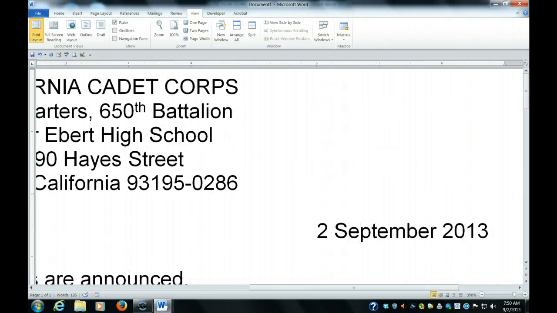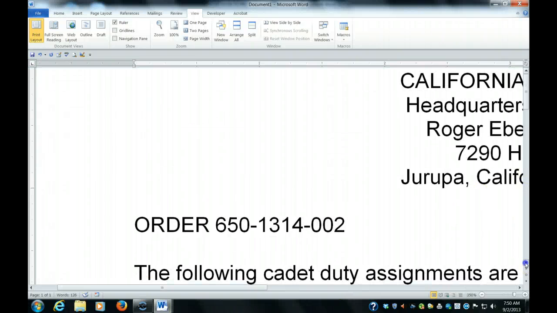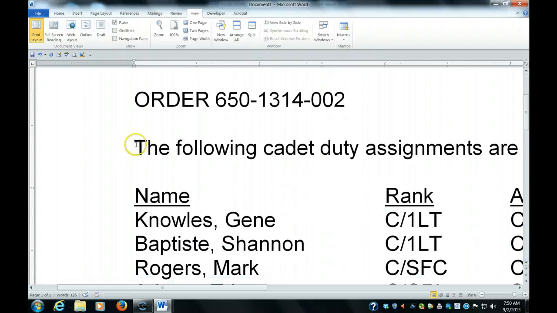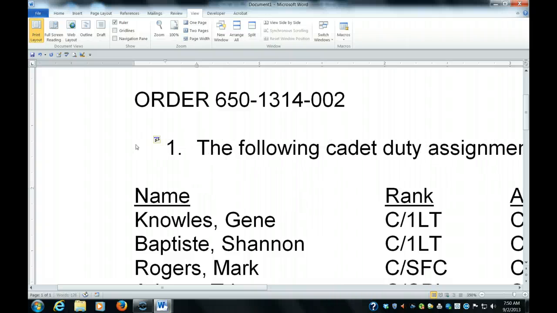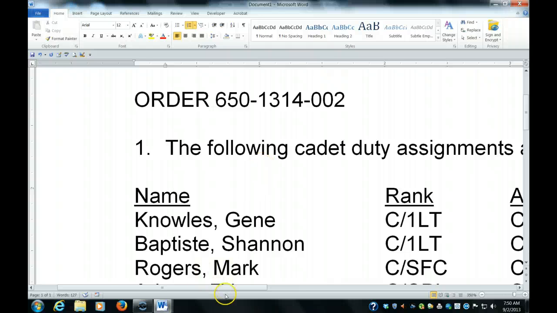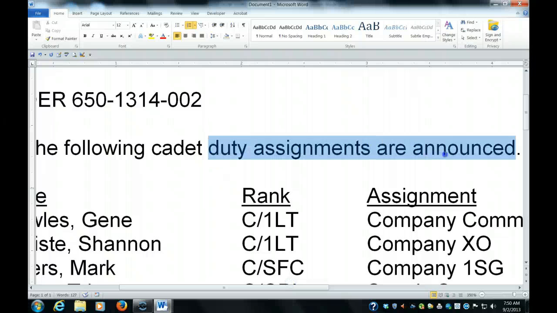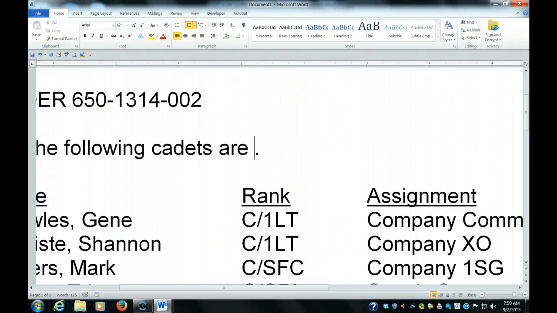And let's say the date of this is the 5th of October 2013. Now let's say I'm going to promote some people and I'm going to demote some people. So now if I'm going to do that, I'm going to have more than one paragraph in my order. So I'm going to number these paragraphs. And instead of duty assignment, it's going to say the following cadets are promoted. And then